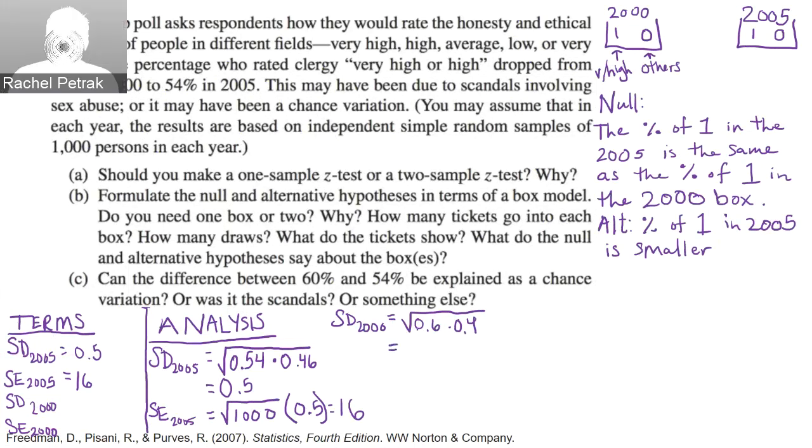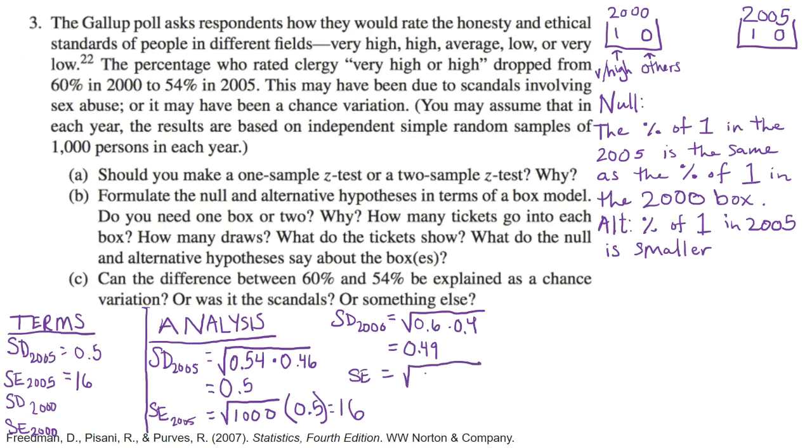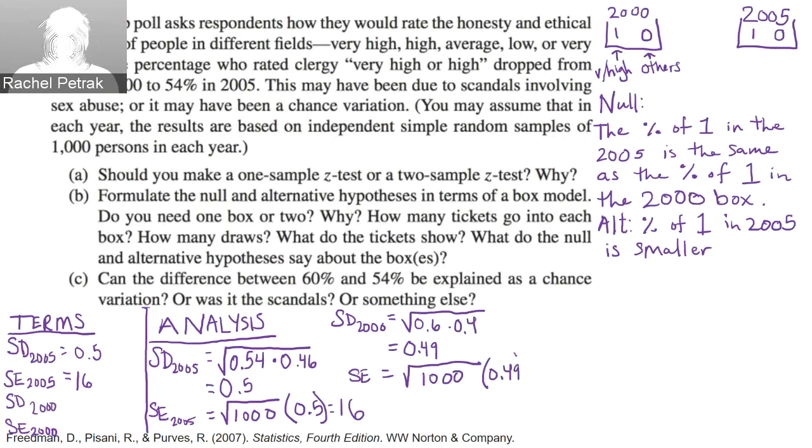So we get a standard deviation of 0.49 and our standard error, the square root of 1,000 times our standard deviation, for about